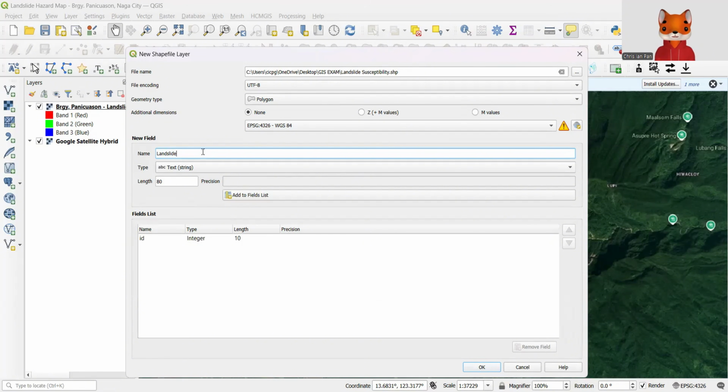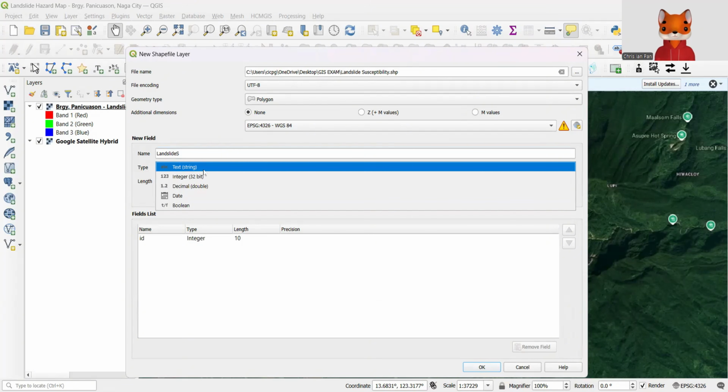In the new field, the name is limited to 10 characters. So you can just type landslide, no space, then S. That should represent the susceptibility word. So, landslide S. Type should be text string. For length you can put 100. This length is the number of characters that you can type, and in a text string you can put numbers and text.